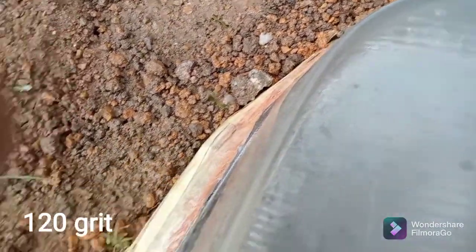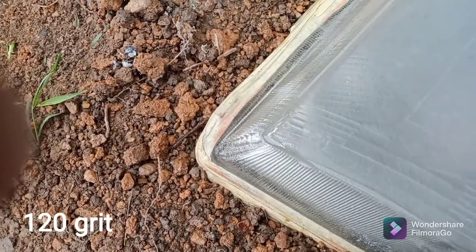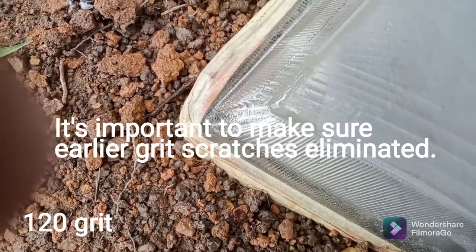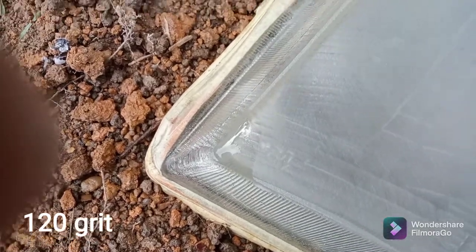From what I know, every time we change grit we will create a new scratch, which is smaller and smaller and smaller. So the next grit will take out all of the scratch. Okay,